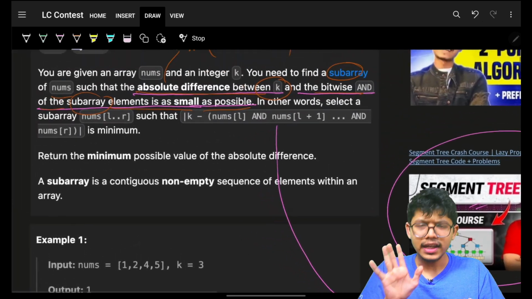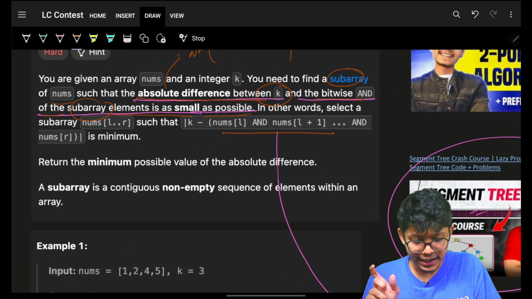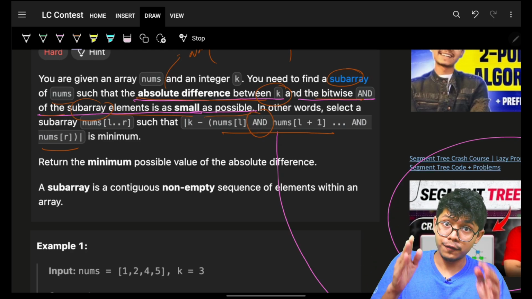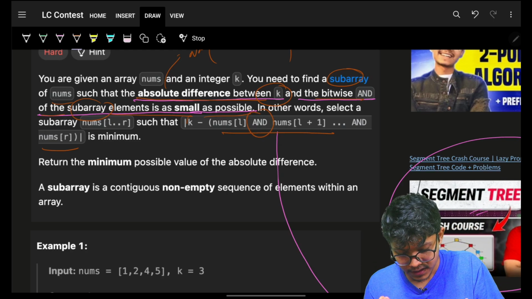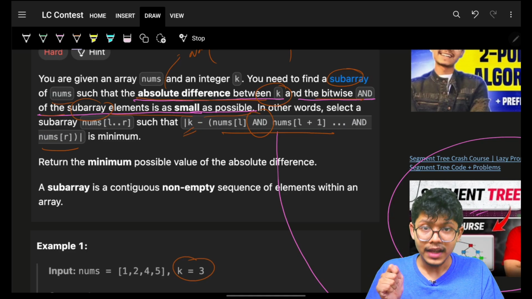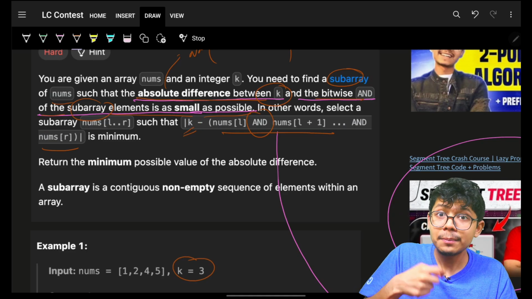It directly or indirectly says, take a subarray from L to R, do a bitwise AND operation for all of that subarray's elements, take an absolute difference with k, which is given in the input, and whichever is giving that minimum difference